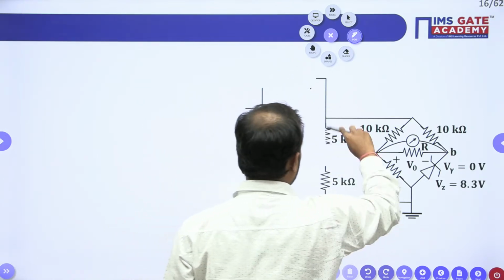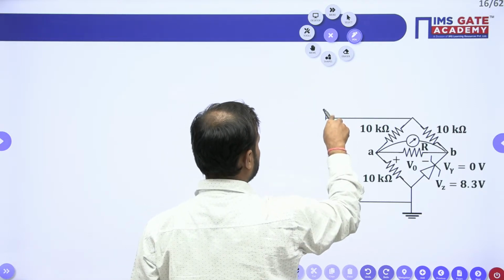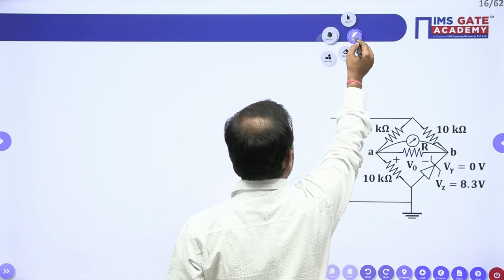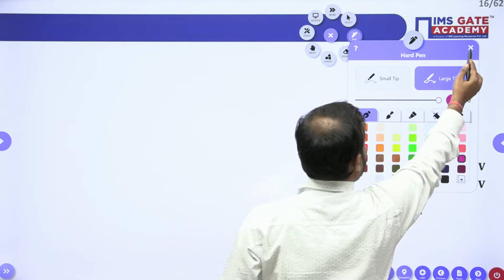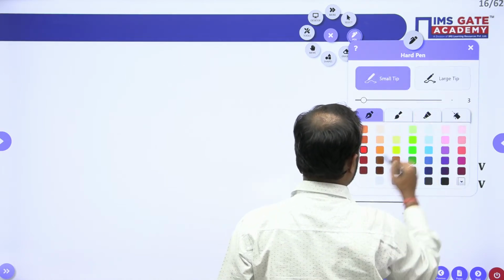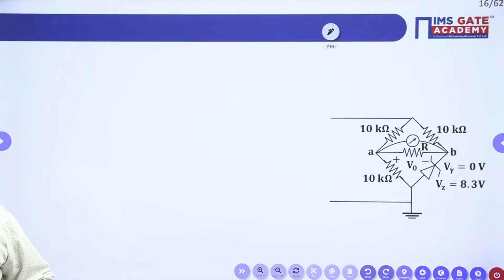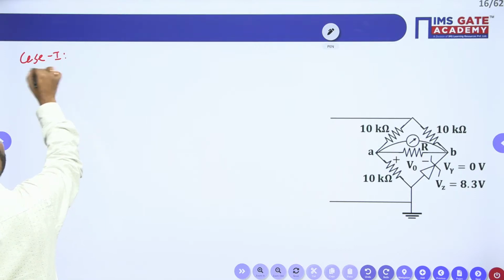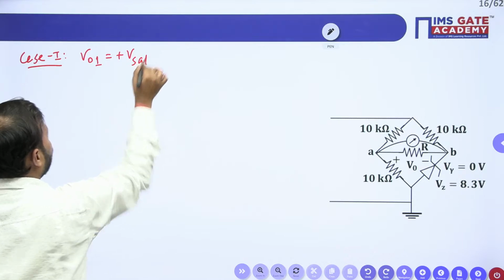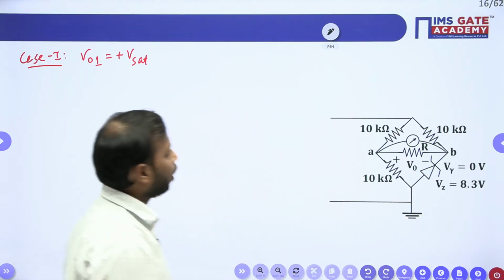Now, see here everyone, case 1. Case 1 means when output is plus Vset. As I told you, your output is going to be clamped to plus Vset to minus Vset. All right, now if you look into the problem,